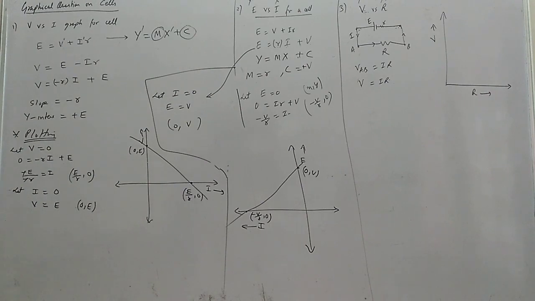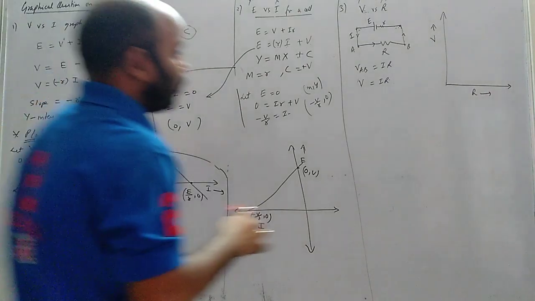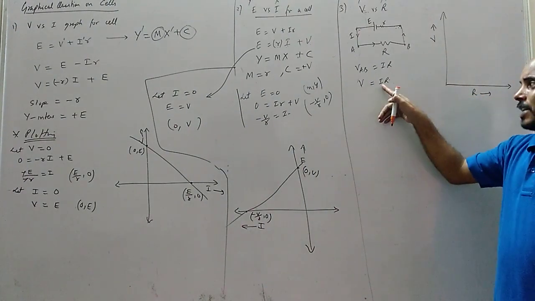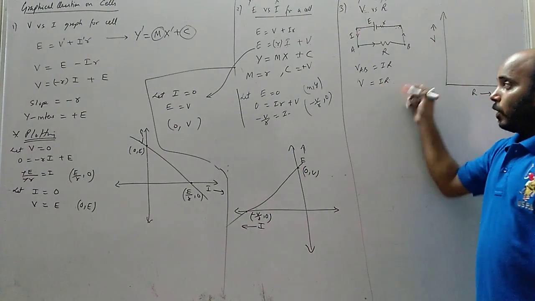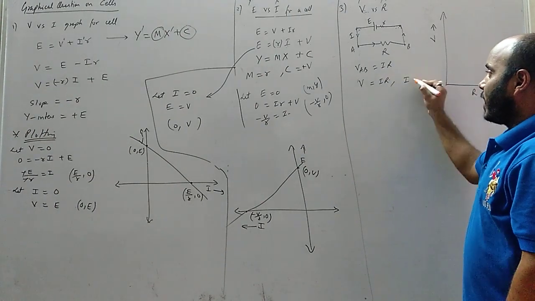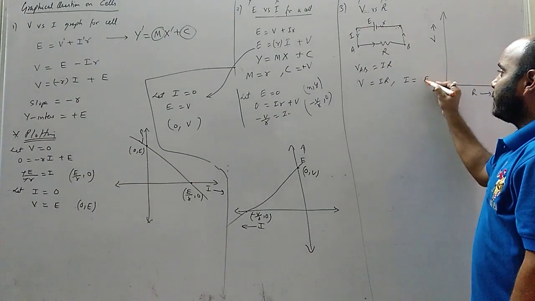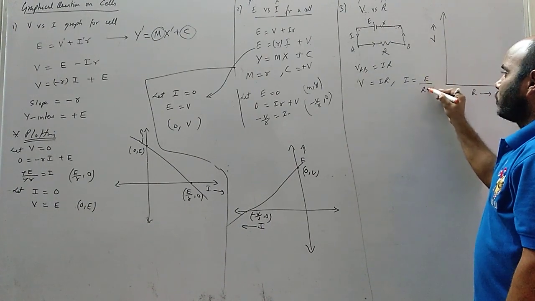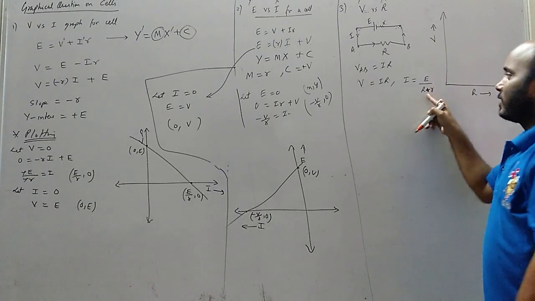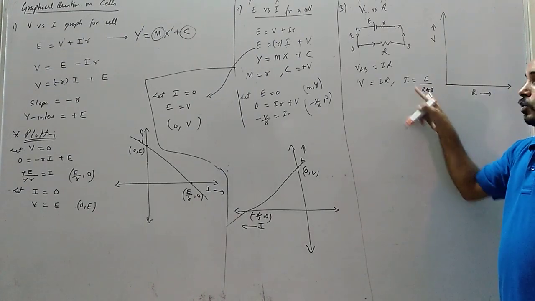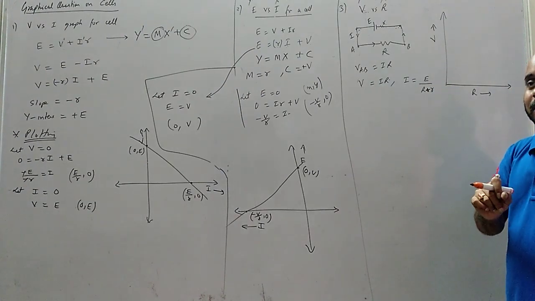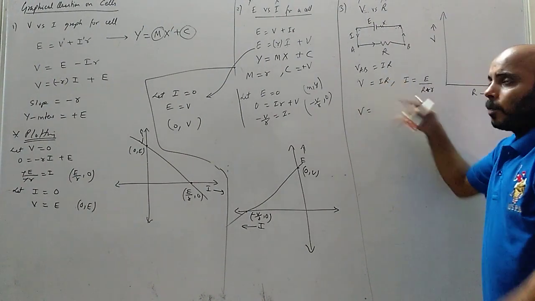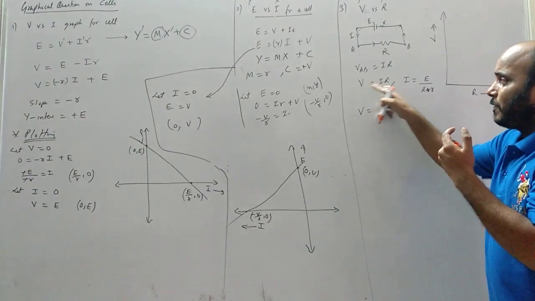So we only have to see that if I change R, because R and V will change, will this I be constant? No. What is this I? I is what? Current flowing is net EMF by net resistance, external plus internal. So I depends on R. That is what I'm saying. So I cannot assume I to be constant. Clear?